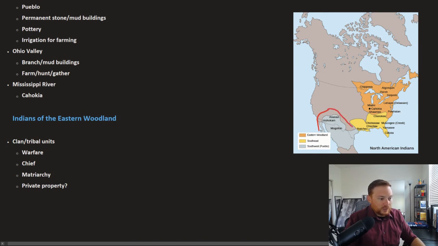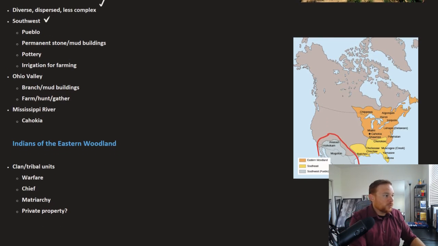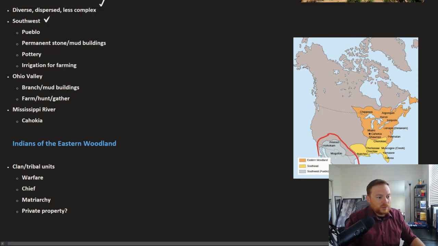If we're looking at the Southwest, this area here, the environment there is very dry, it's arid, not a lot of plant life, not a lot of animal life there. And so the people there, the Pueblo, and the various other tribes, you got the Anasazi, the Hohokam, and the Mogollon. The Pueblo lived in more permanent stone and mud buildings. This was due to livelihood essentially being based on farming, right? So the Pueblo in the Southwest almost exclusively survived via farming